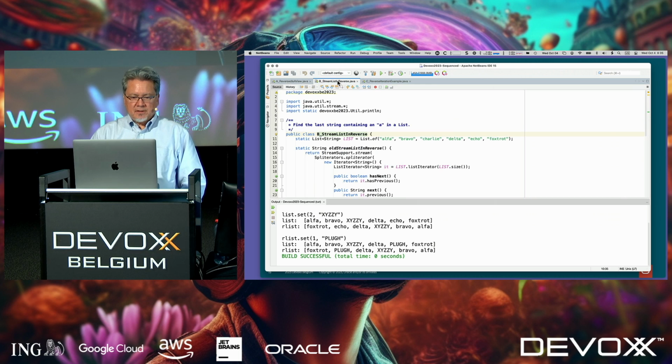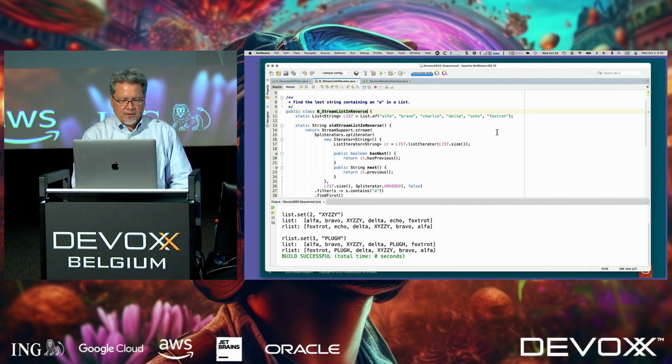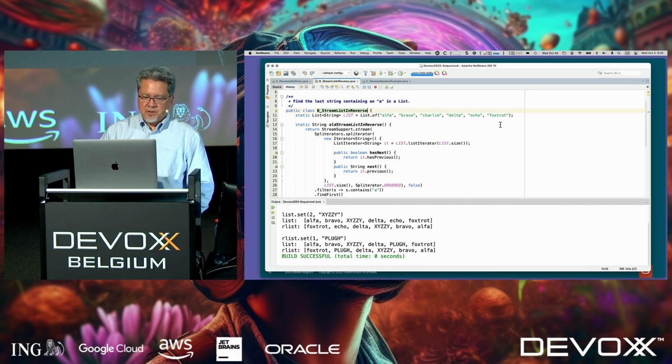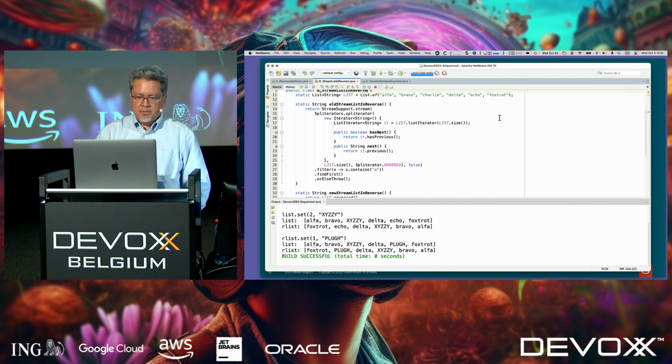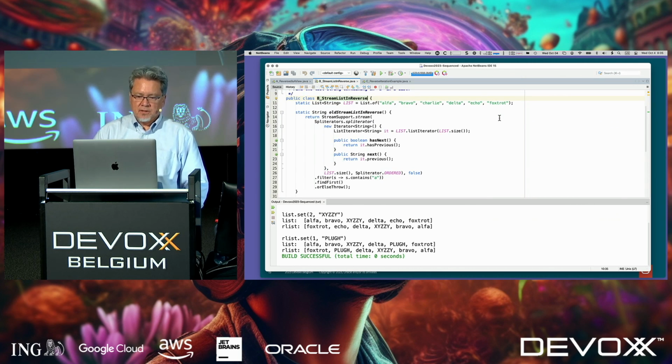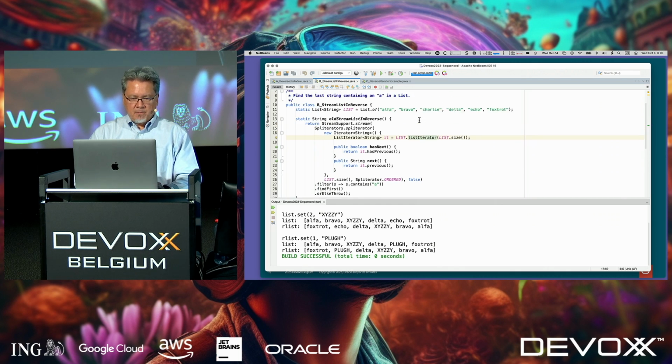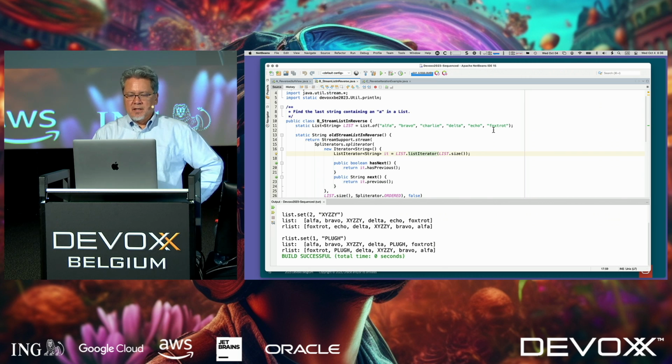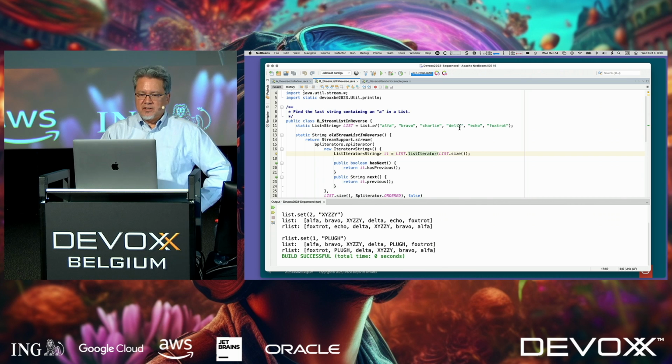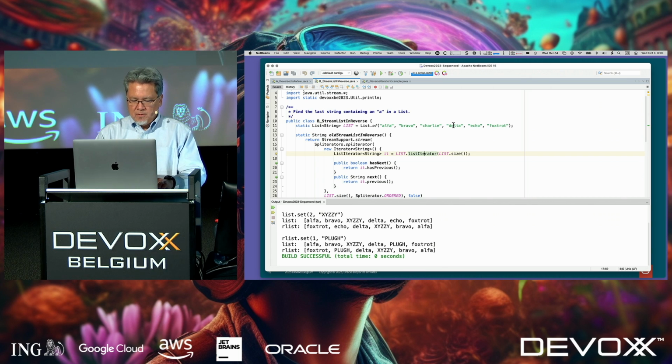Okay, so this is mostly just showing off this ridiculous implementation of how to construct a reverse ordered stream in the absence of sequence collections. You can see it here. Basically, you get a list iterator. I want to get a stream of these elements in reverse order. So let me run this. The application is to find the last string that contains the letter A. So that should be delta. And so if I run that,